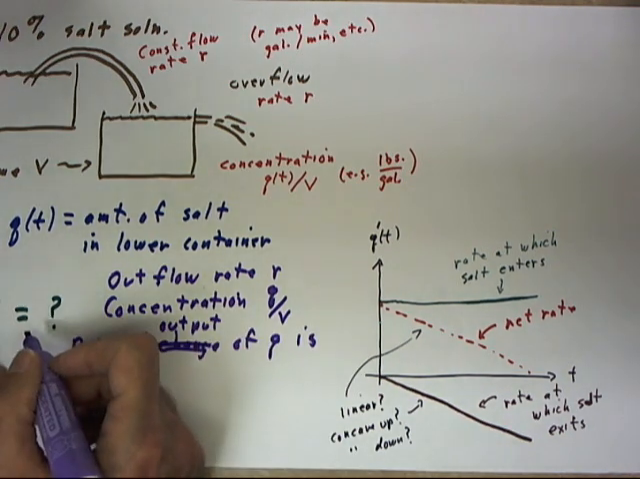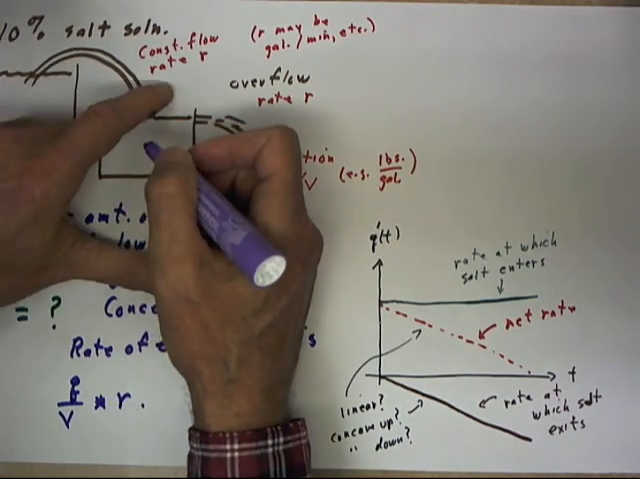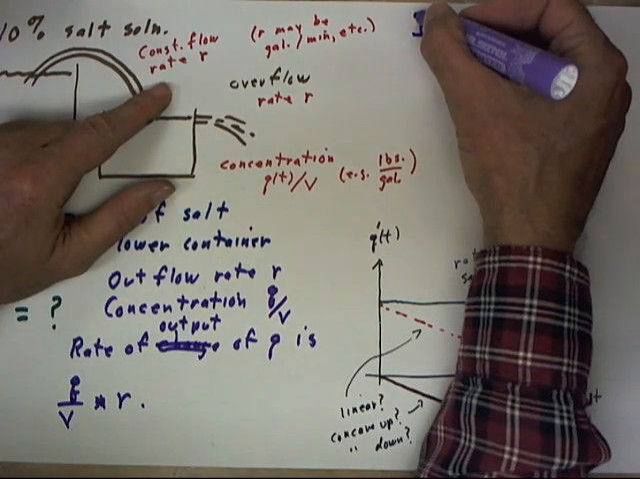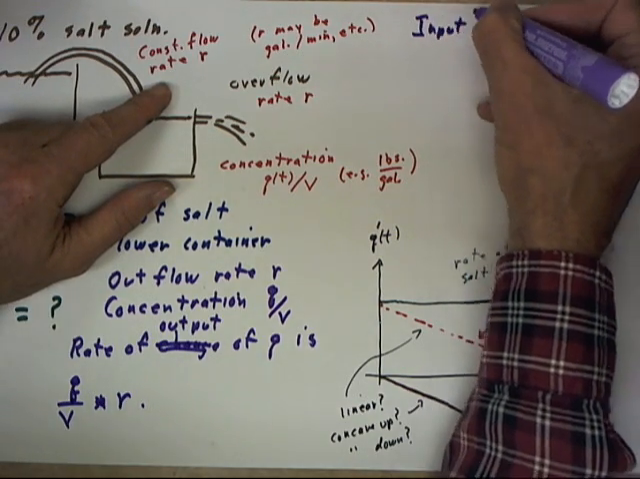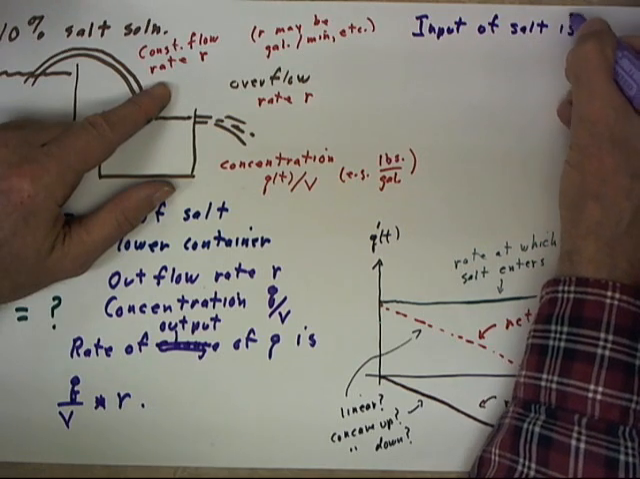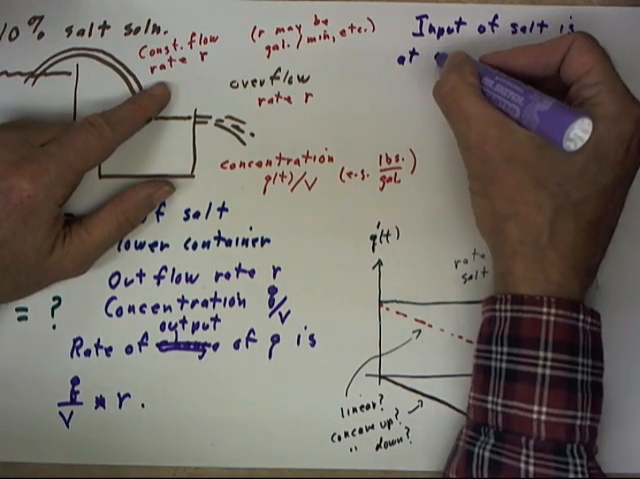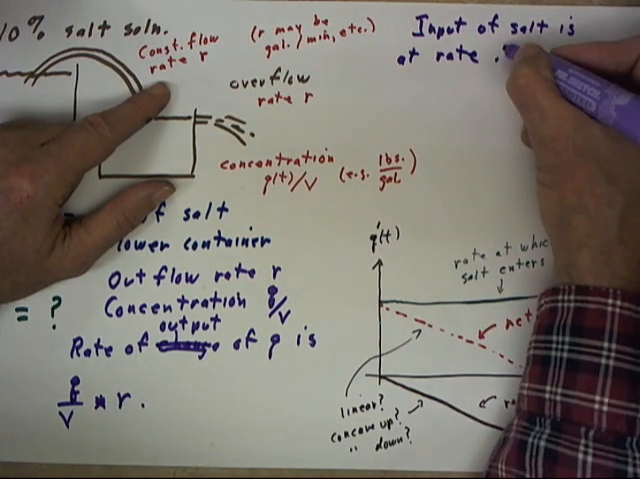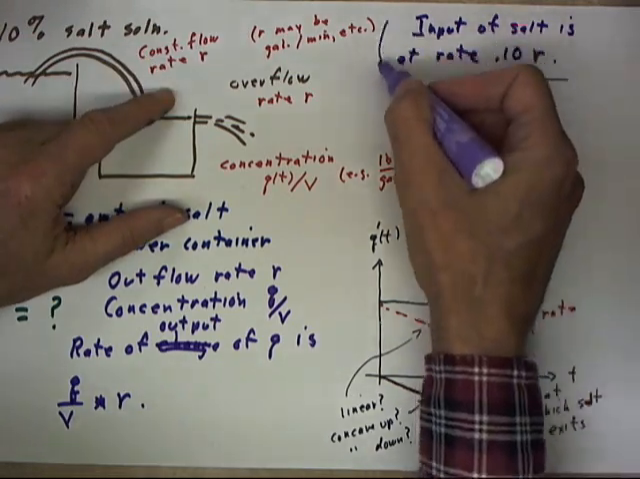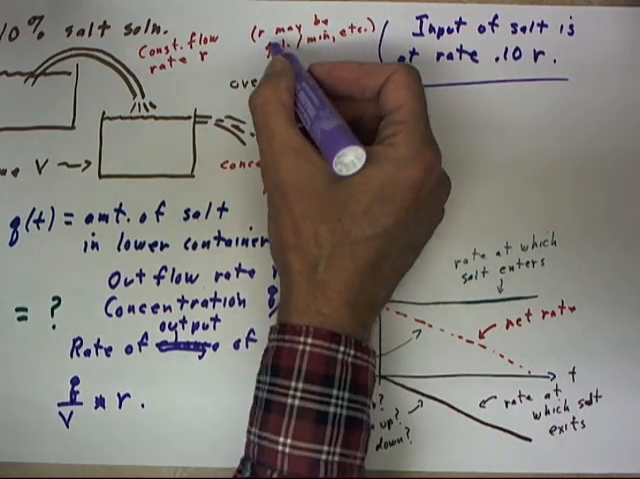Now the rate at which salt is flowing into the container is 10% of R. So the inflow, or the input of salt, is at rate 0.10 R. Now at this point you might have an objection to my interpretation in terms of gallons per